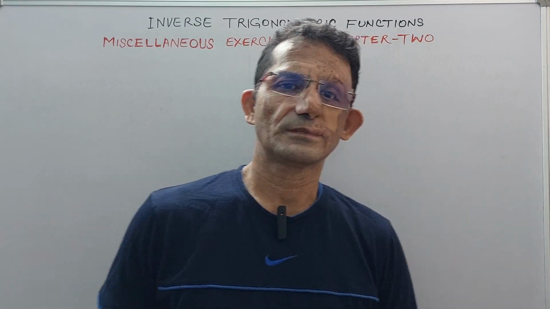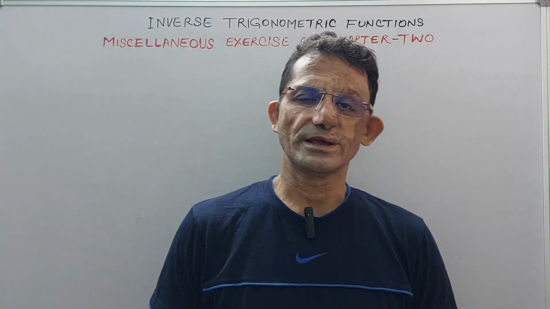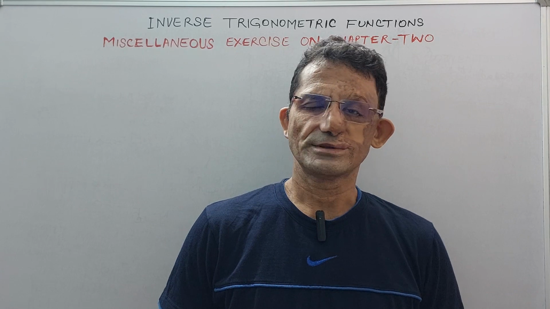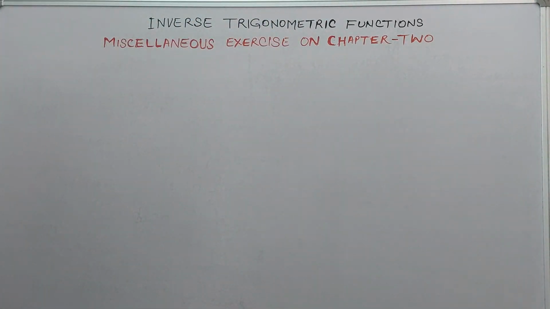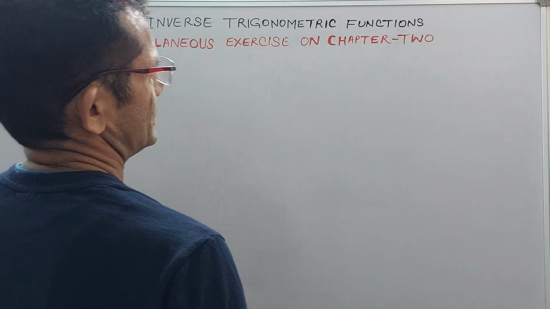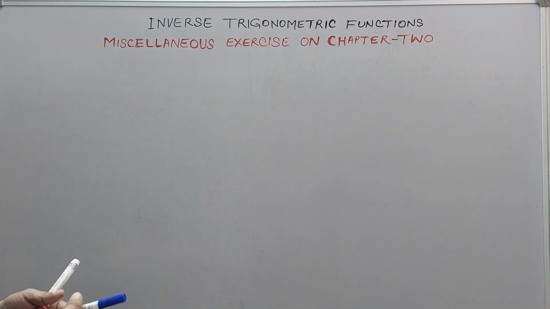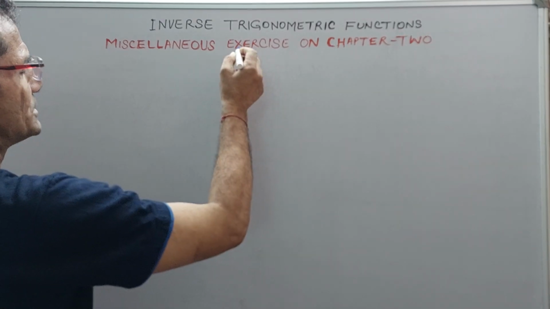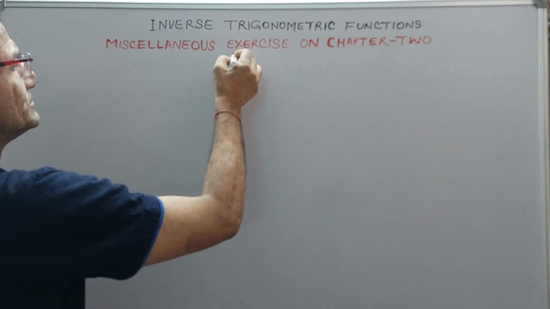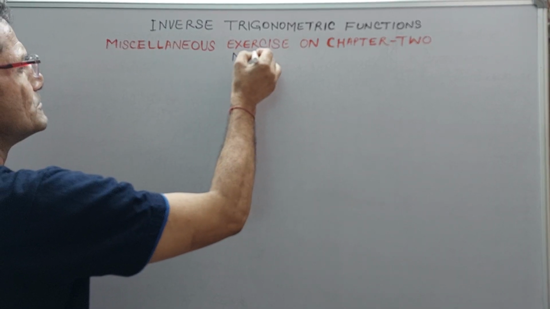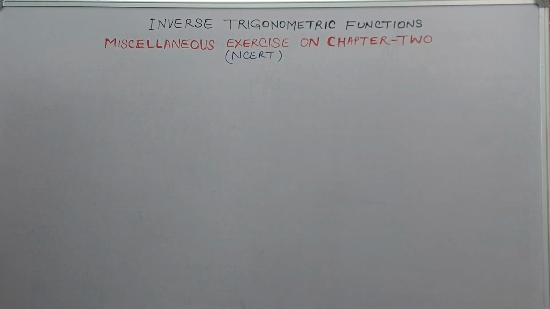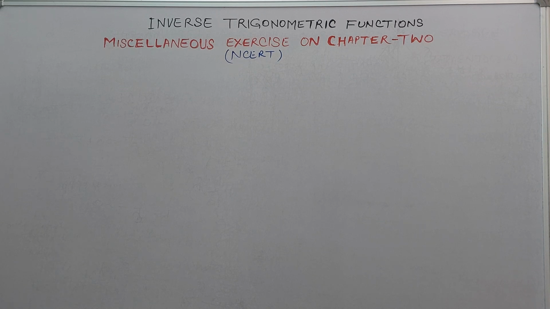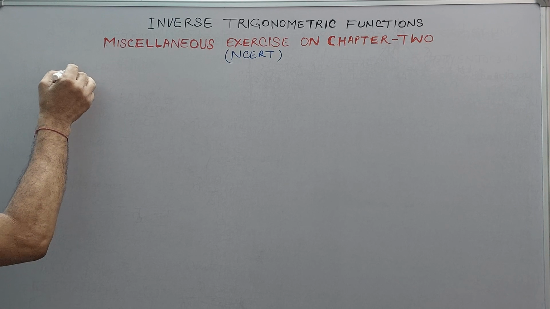वेलकम स्टूडेंट्स। आज हम मिसलेनियस एक्सरसाइज ऑन इनवर्स ट्रिग्नोमेट्री के प्रॉब्लम करने वाले हैं। नाउ एक्सरसाइज चैप्टर 2, दिस इज बेस्ड ऑन एनसीईआरटी बुक। तो एनसीईआरटी प्रॉब्लम नंबर वन, फाइंड द वैल्यू ऑफ क्वेश्चन नंबर 1 इज दिस।